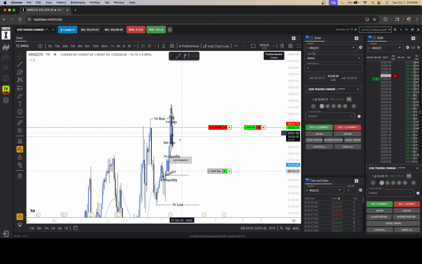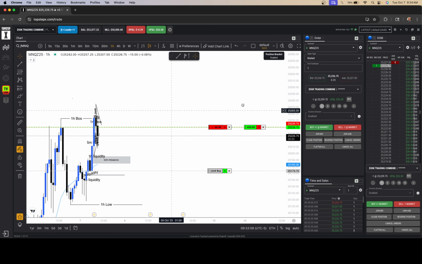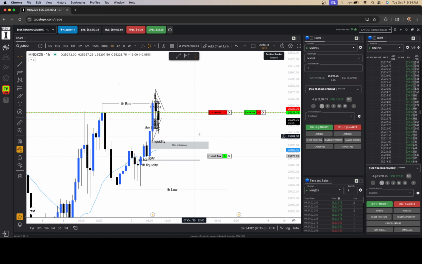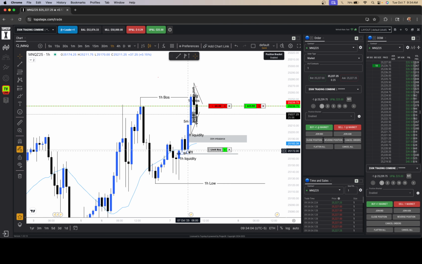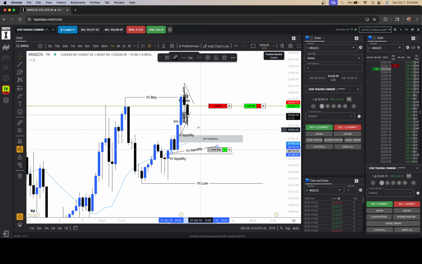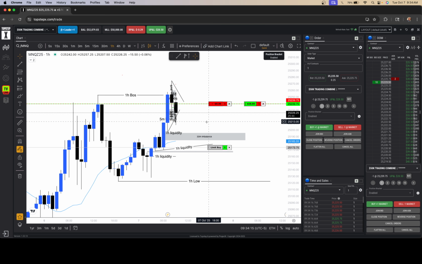On the 1 hour time frame, though, this would be my ultimate target for the day, right here, this liquidity inside of here. But based off the way we're moving,